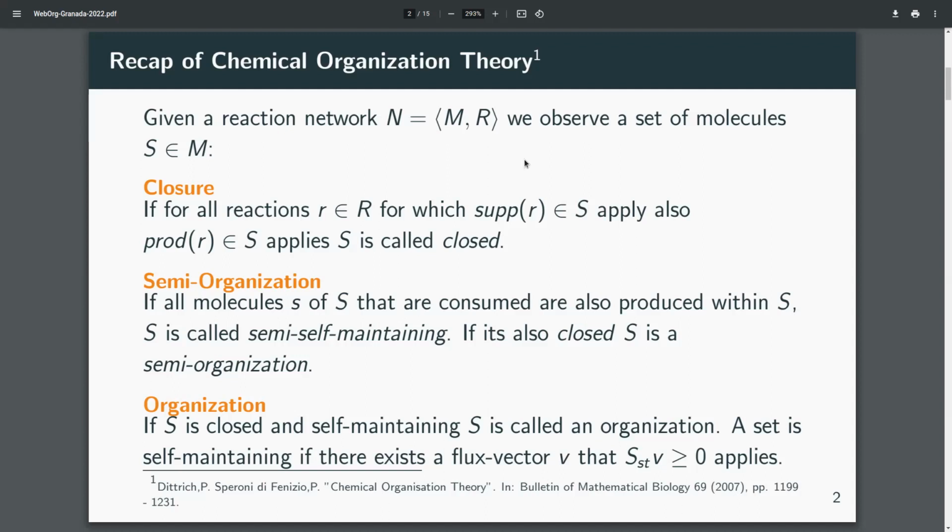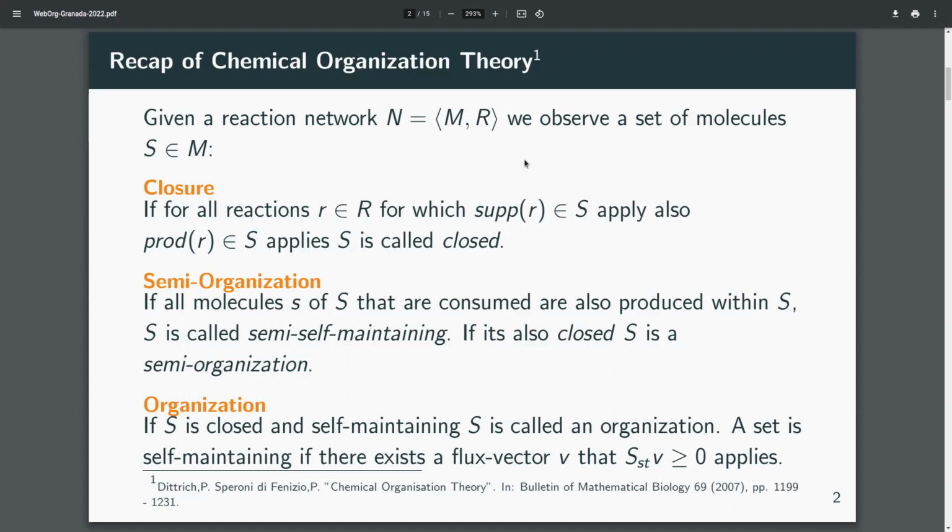And lastly, if S produces all its molecules in a sufficient manner, then it is self-maintaining and thus called an organization. All self-maintaining sets and all organizations are also by definition semi-organizations, and this is a property we want to exploit later on. There's a mathematical term for checking if a set is an organization, and this is: